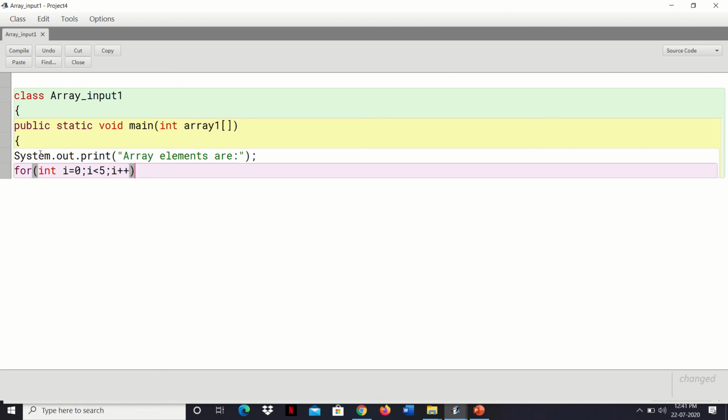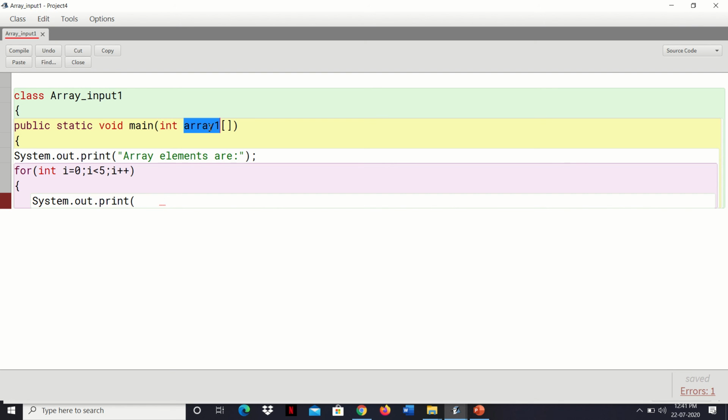As you can see, the syntax of the for loop. Then the body starts over here. We'll print system.out.print. Follow it, students. Any doubt, ask me in the YouTube comment section. We'll print the array. What is the array name given here, students?